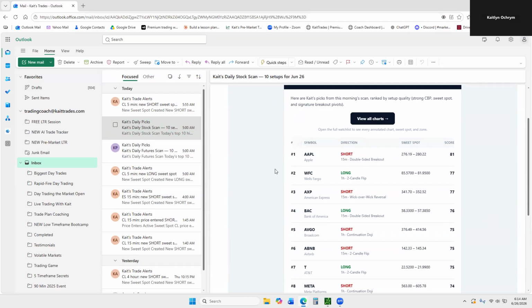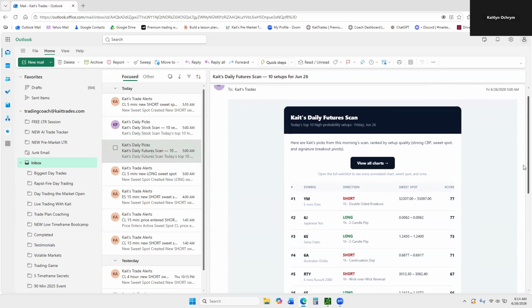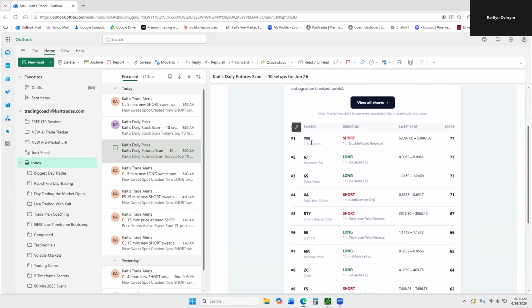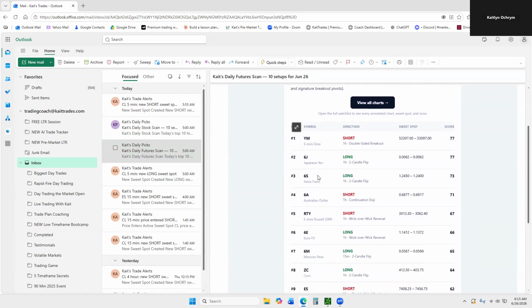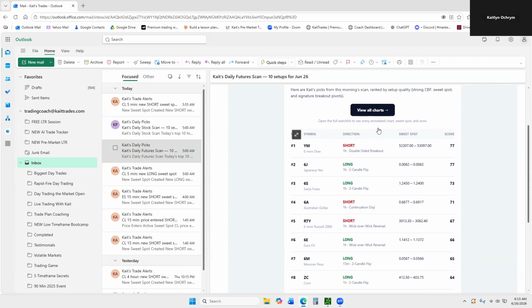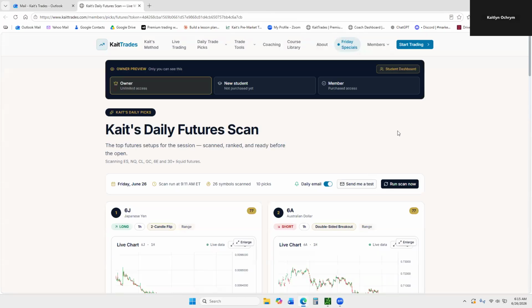So if you do stock picks, then you can see here's the picks for today. Apple is saying that's going to be the number one for today as far as looking to go short, which is interesting. And then we've got all the other ones on the list. So we could take a look at these, right? And then all you do is whether you're doing stocks, here's where I think most of us fall into is futures. You've got your top 10 futures products, and all of these are liquid, highly traded products. Is go down the list, you can click view all charts,